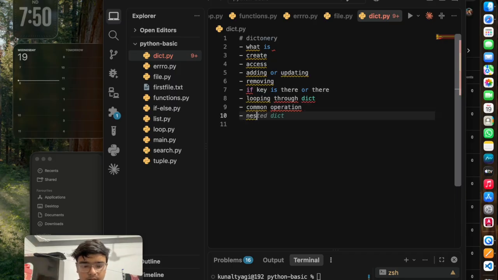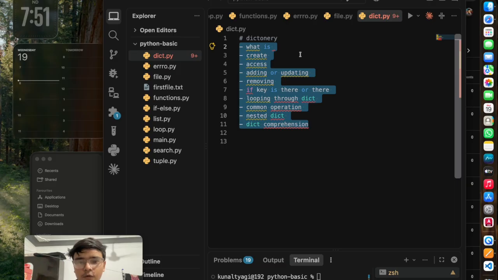After that, nested dictionary. After nested dictionary, we are going to see dictionary comprehension. So these are the things we have to talk about in dictionary.